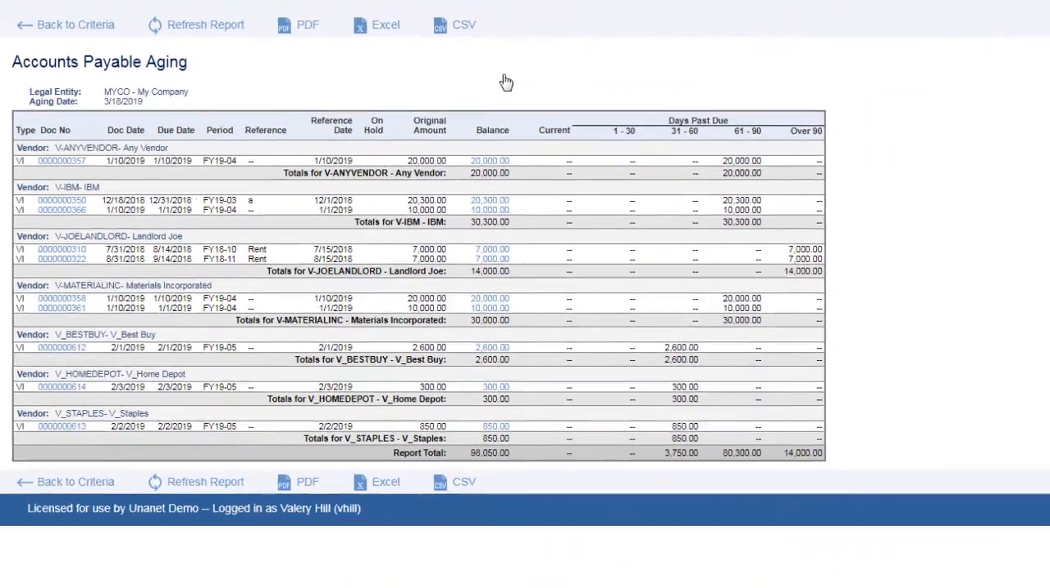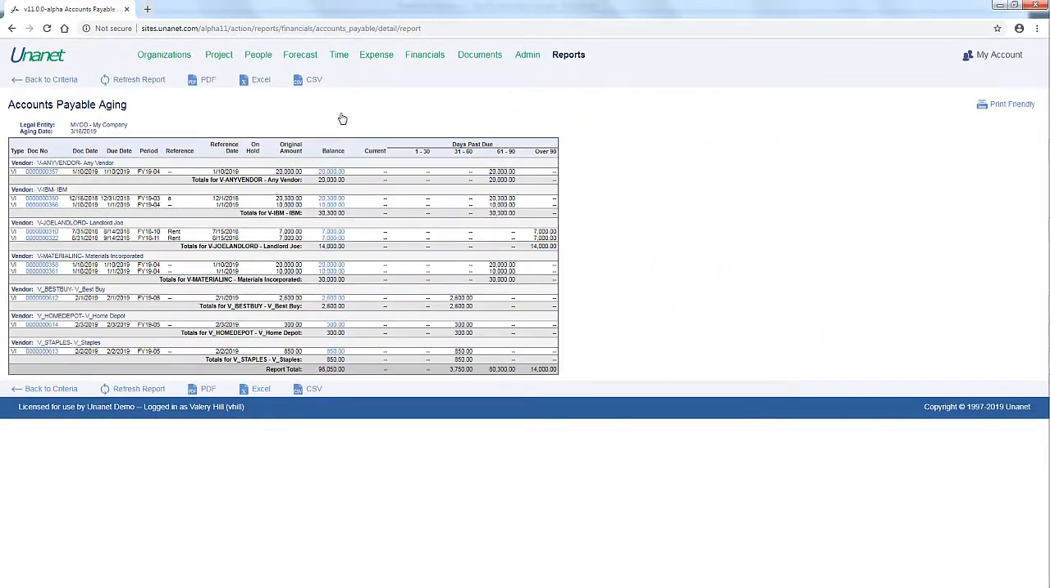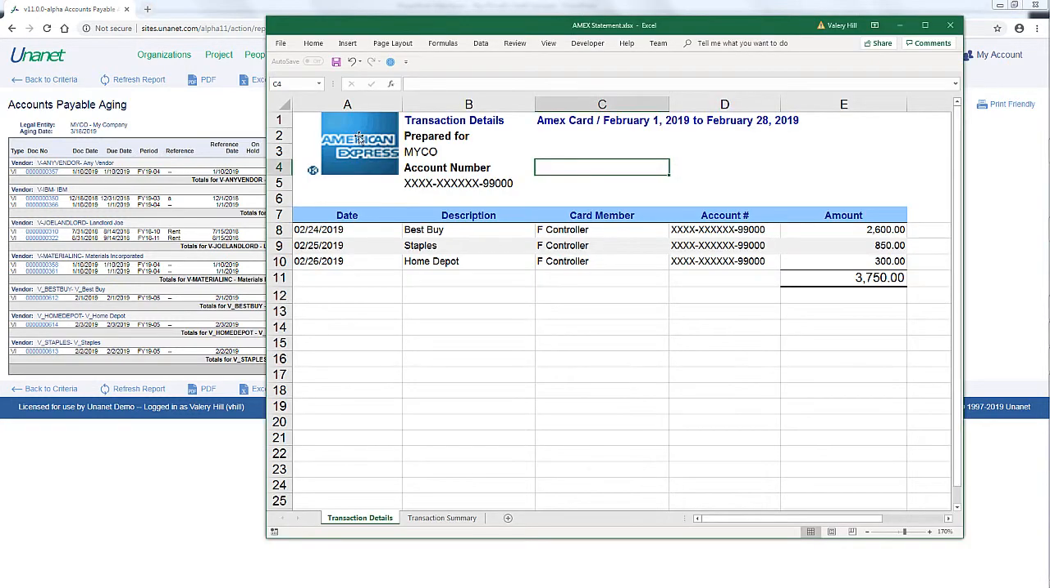Now let's pretend that it's the end of the month and the American Express statement comes in. It looks about like this, right? You can see here 2,600, 850, and 300 that I just entered. So when you receive your statement, what's going to happen is that you're now going to process the payment for